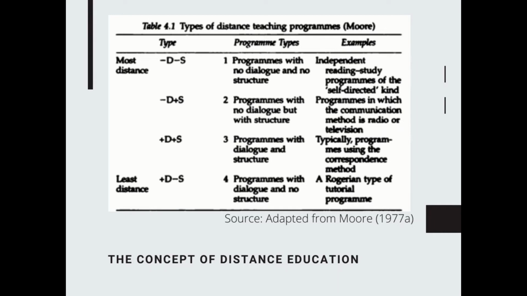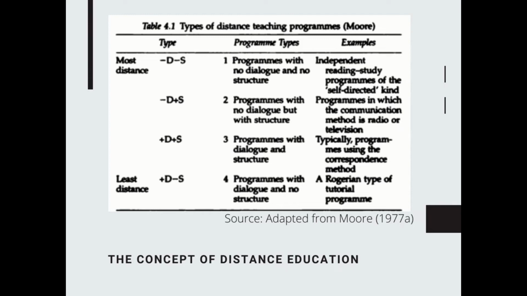He wants programs to be classified by the provision for two-way communication, dialogue or D, and by the extent to which a program can be responsive to a learner's individual needs, structure or S. He believes that the element of two-way communication in all distance teaching programs can be measured, and suggests that an